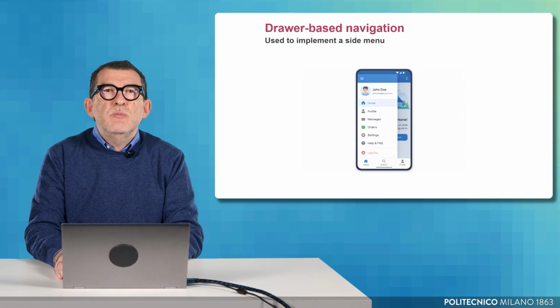Drawer navigation is particularly useful when an application has several sections that are important but not necessarily accessed in a strict order. However, it should not be overloaded with too many options, as this can reduce clarity and make the interface harder to use.